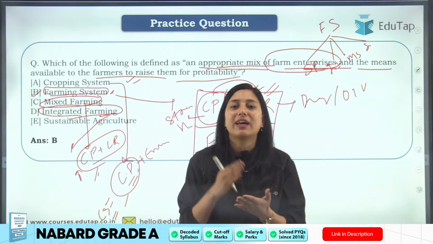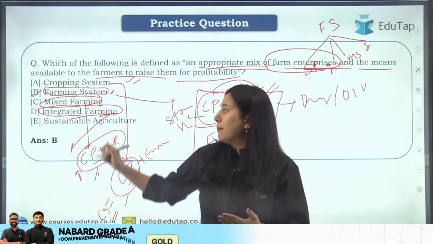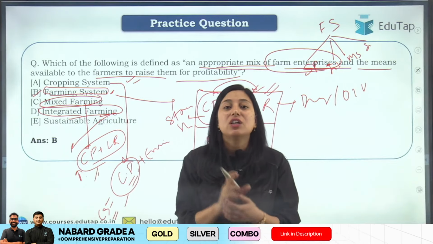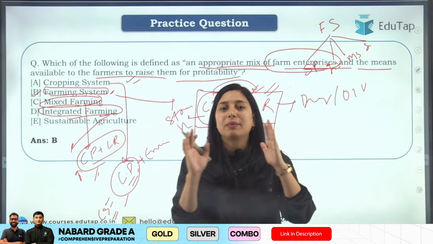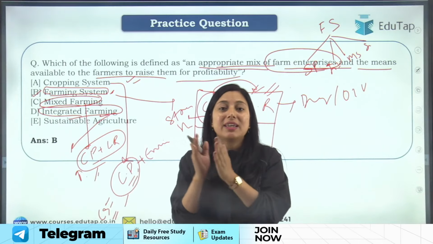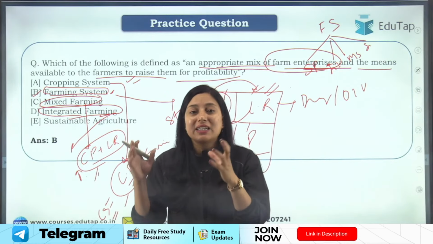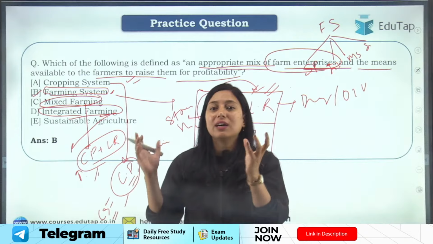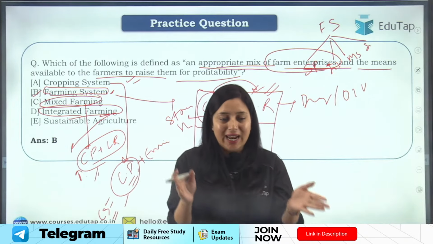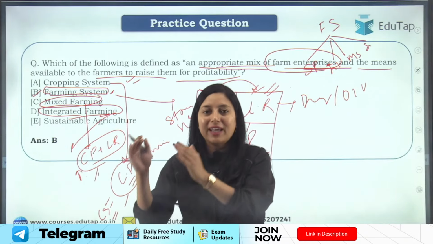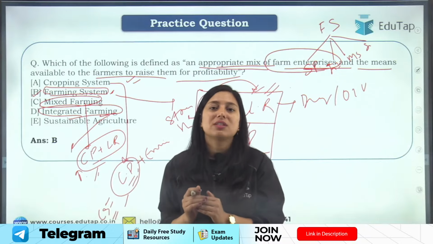उसको हम इम्पैक्ट के केयर नहीं करते। यहाँ पे हमारा सोल फंक्शन होता है, सोल मोटिव होता है टू इंक्रीज द प्रॉफिटेबिलिटी। बट इन केस ऑफ इंटीग्रेटेड फार्मिंग और मिक्स फार्मिंग में यही डिफरेंस है कि इंटीग्रेटेड फार्मिंग की जाती है by considering all the harmful impact that our activity can have on environment, and we need to reduce this harmful impact.